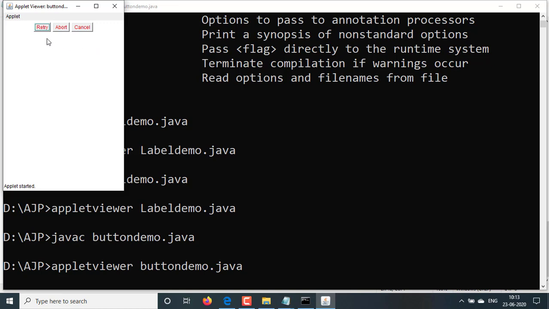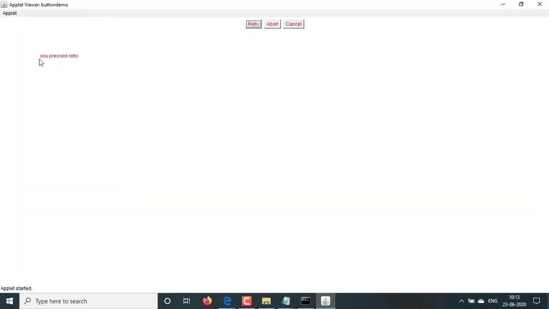Whenever we press any button, it shows a message. I am clicking on this button. Here you can see: you pressed retry. We clicked on abort, then it says you pressed abort. When we click on this, it says you pressed cancel.